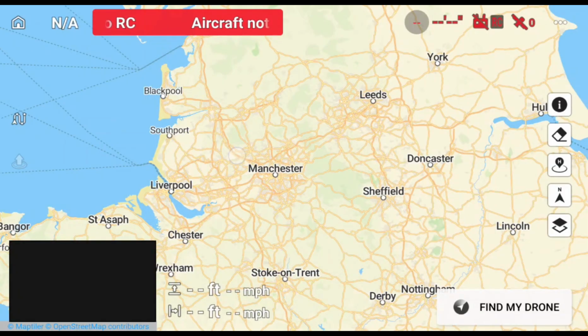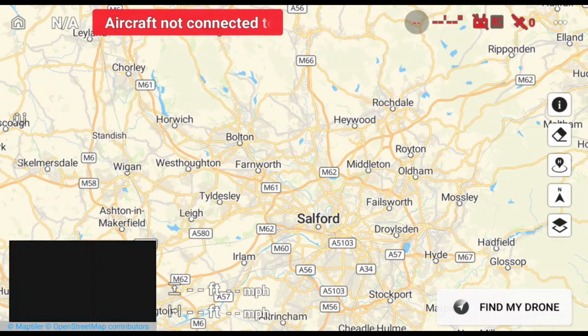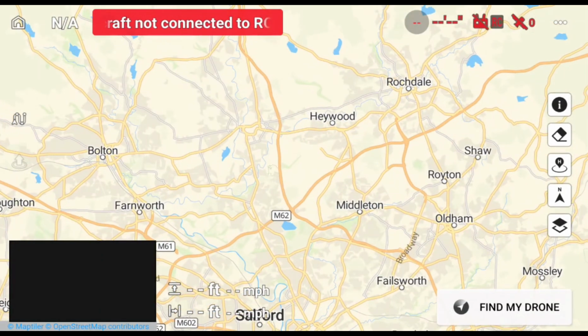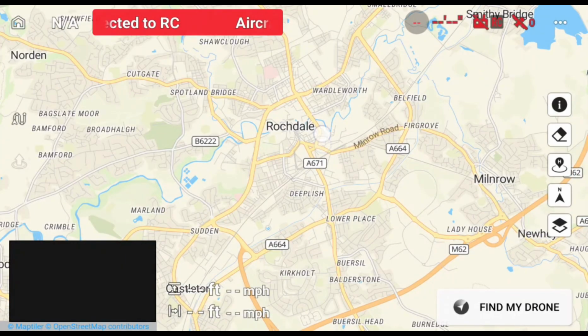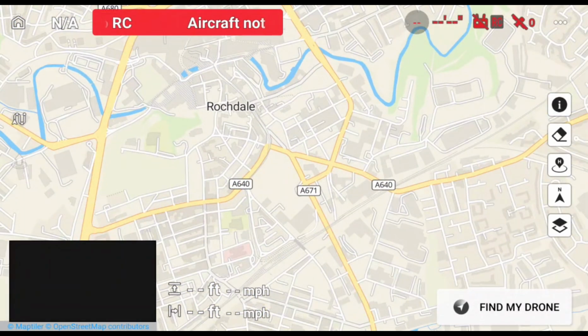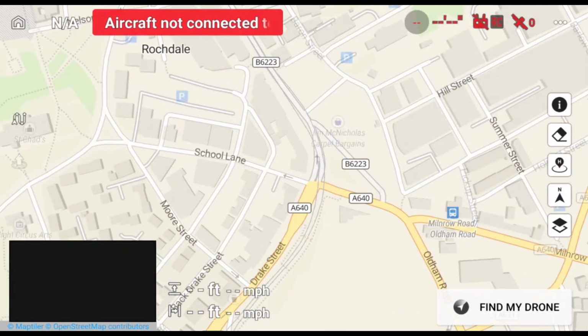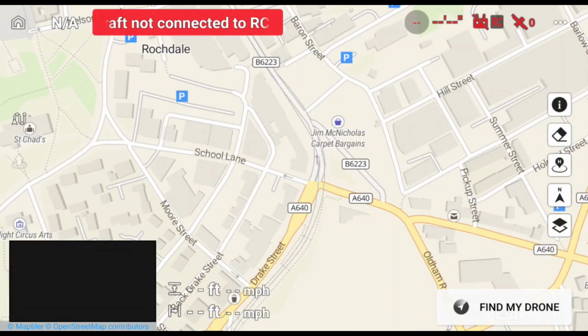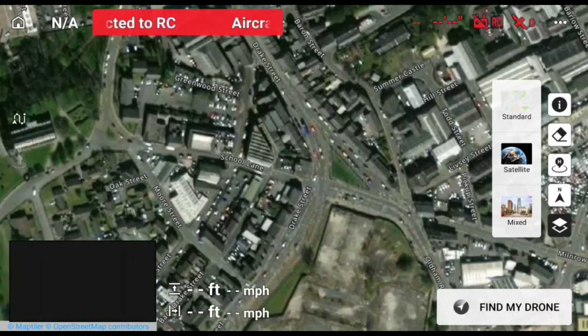Enjoyed that. Now for the data section. So pretty much just turn on the remote, the RC2, and you have to zoom in on the map, which is a bit of a pain in the bum, so I'm not connected to the aircraft. So here we go now. So I'm closing in on where I flew today, just mapping out my flight,